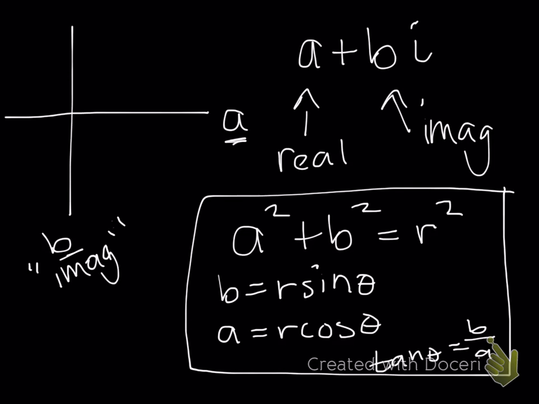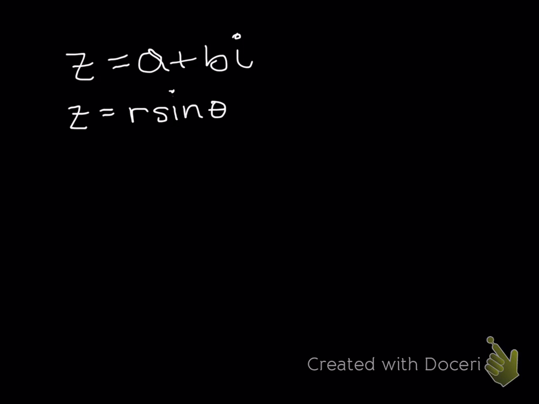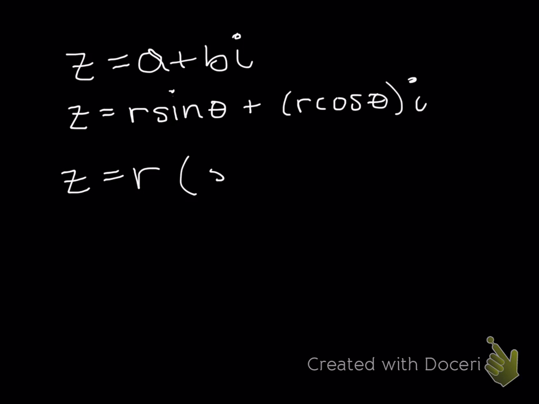So next I want to discuss how to write a polar coordinate or polar equation in complex number interpolar. They use this letter z to represent our complex coordinates. And we're going to use those formulas that they just gave us. So they said that a is equal to r sine of theta, and b is equal to r cosine of theta, and then this has the imaginary unit i. And notice that they both have an r in common, so I can pull the r out front and say that it's sine of theta plus